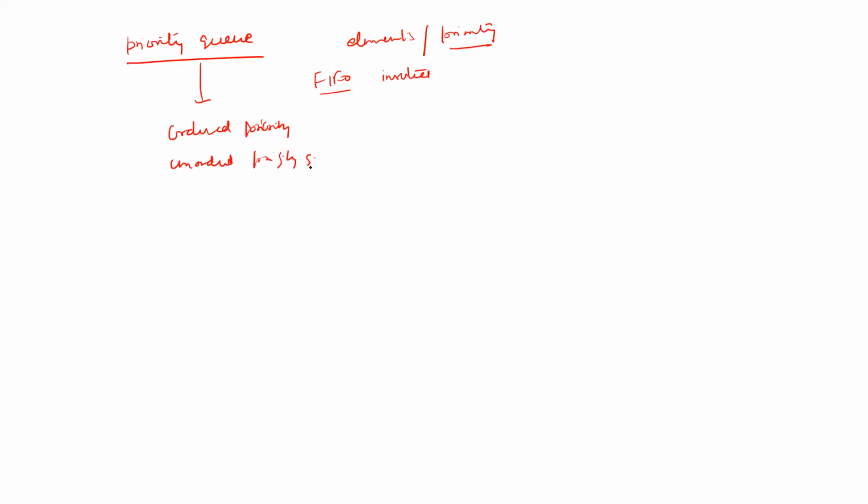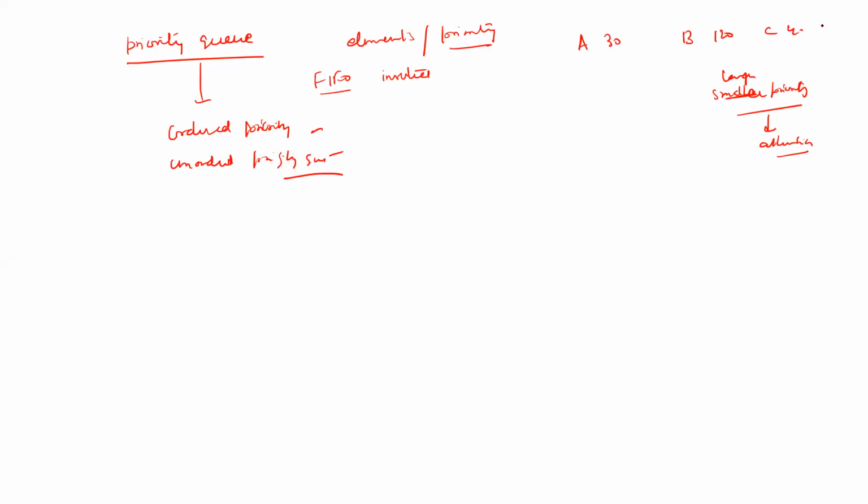What is the meaning of ordered and unordered? Let us suppose there is some element A which has priority 30, and B which has priority 20. I am saying larger priority means it should be given attention first, first attention by the CPU. Let it be 30, let it be 120. C has some priority, let it be 40, like that.